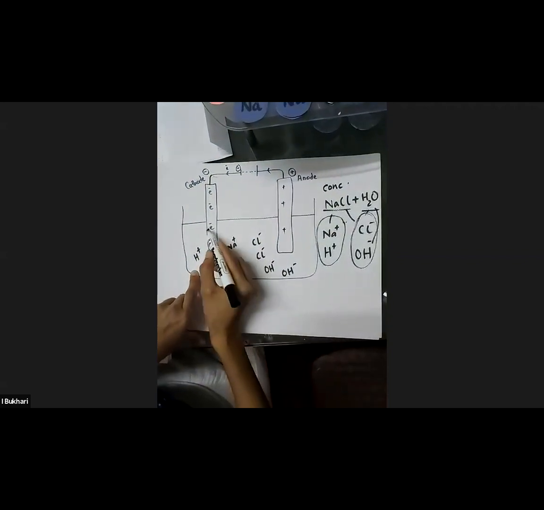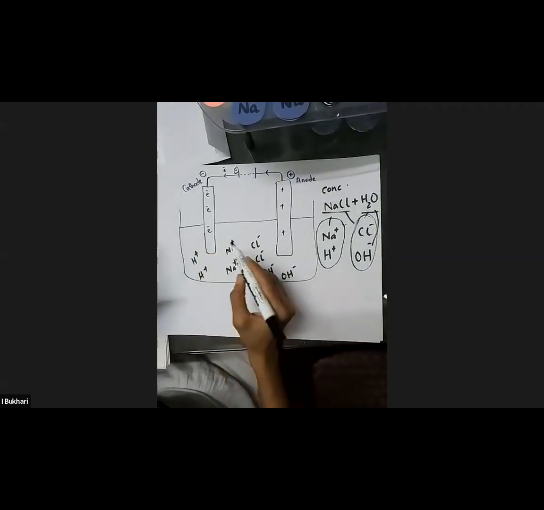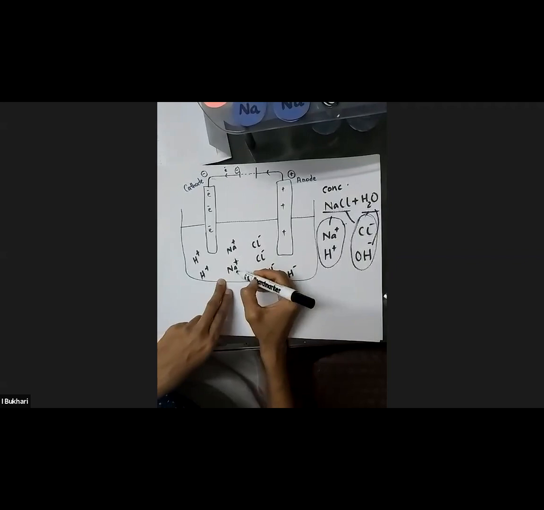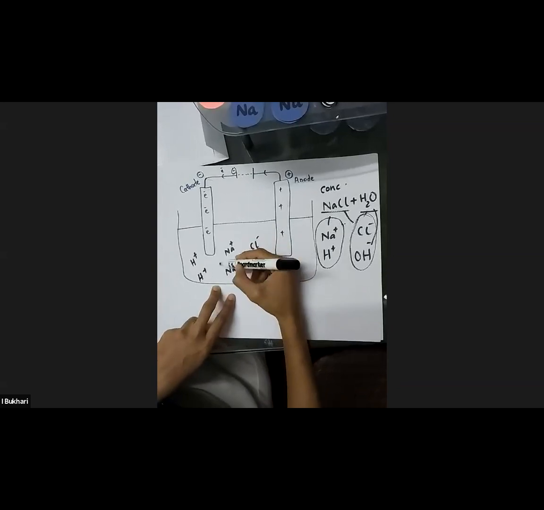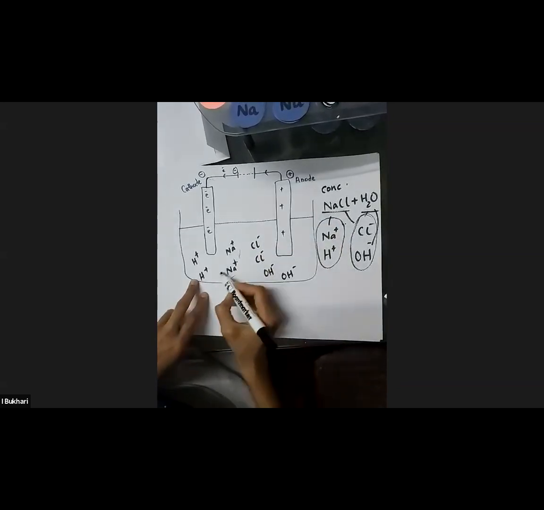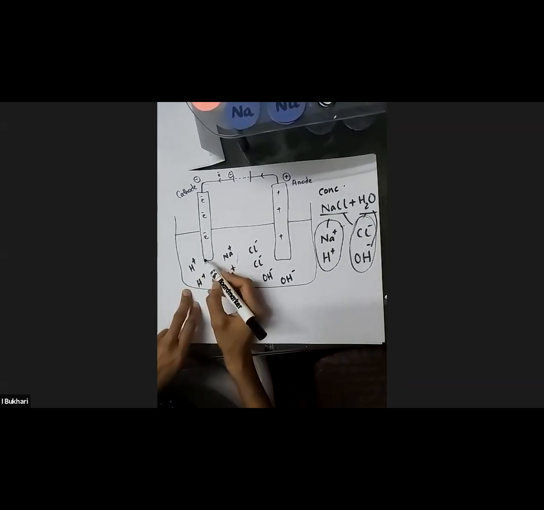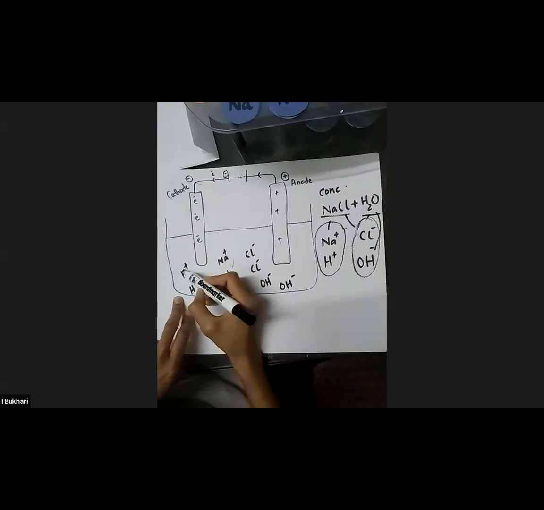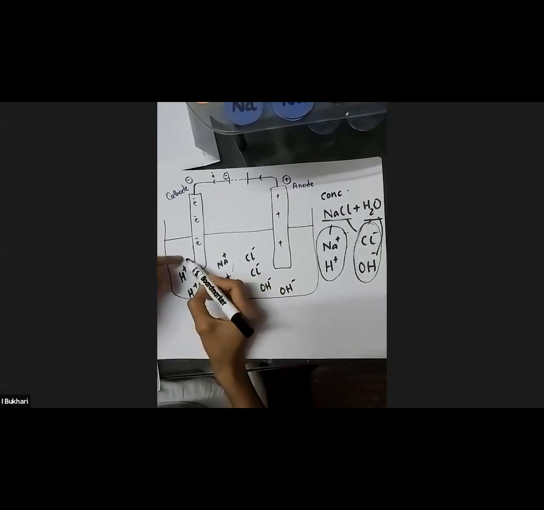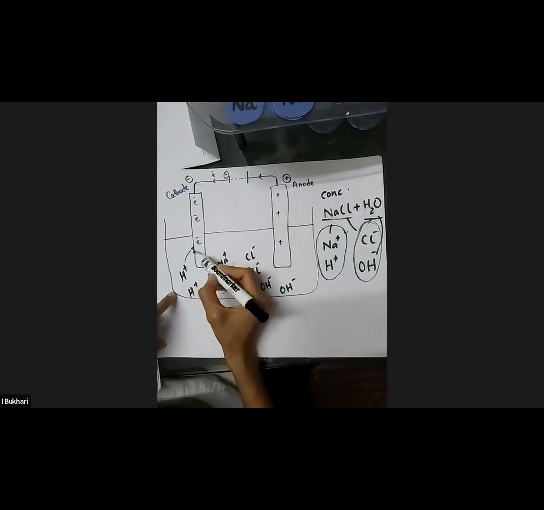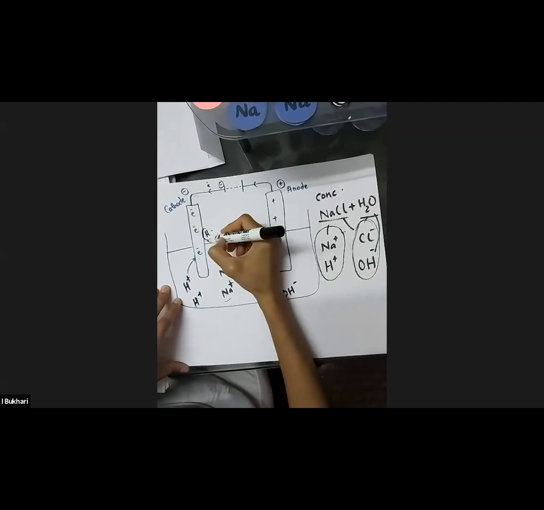Okay, so these cations will not get unstable by accepting electrons. If you remember the reactivity series, sodium is high up in the reactivity series, and it won't go and become unstable. It will push the hydrogen ion forward: you go ahead and get unstable, I'm not going to do it, okay? So this poor hydrogen ion will have to be sacrificed, and it will go and accept an electron and turn into a hydrogen atom.